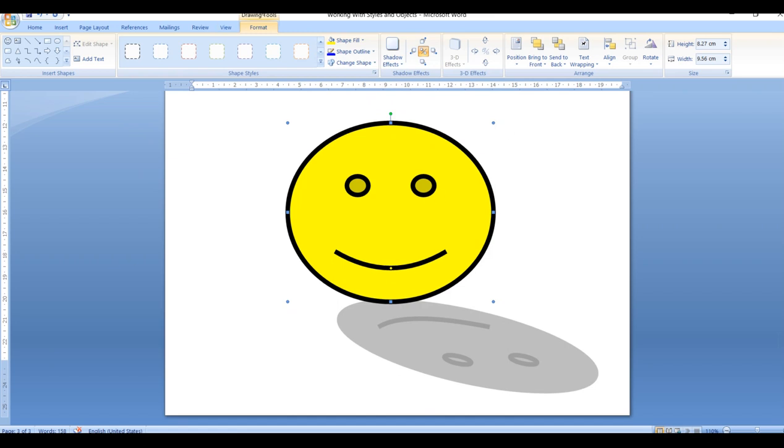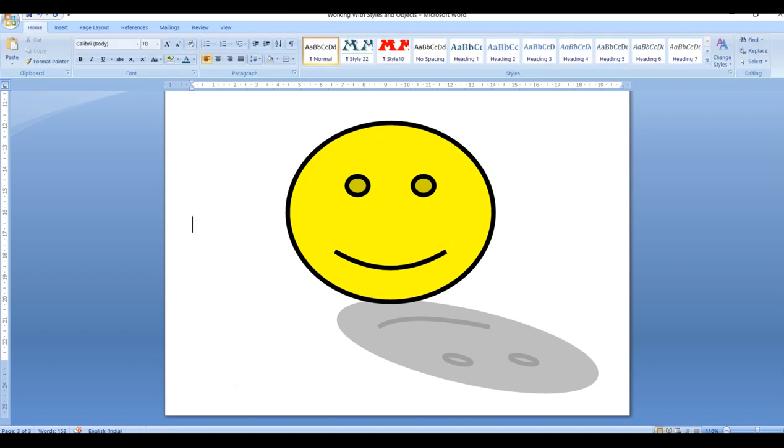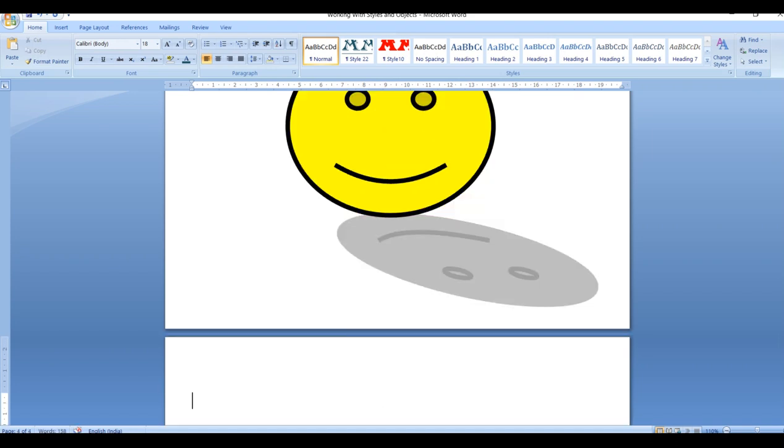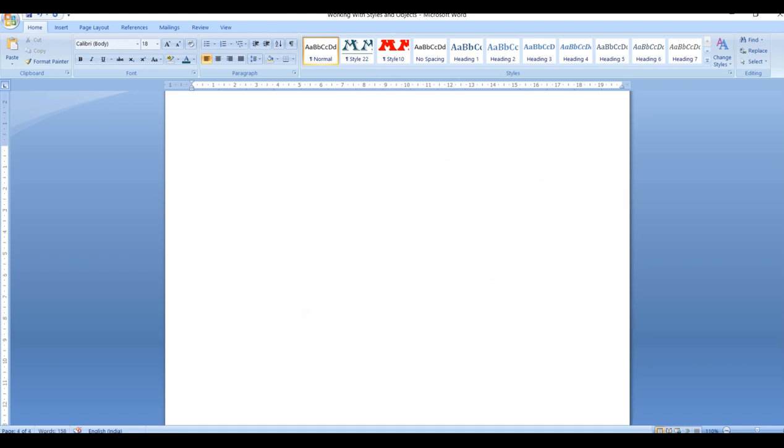Even if you want to rotate or give a 3D effect, you can give 3D effects to your shapes. But it is not required that if you give a shape a 3D effect, it looks better like this only. Now let us go to the next topic, placing text in the shapes.